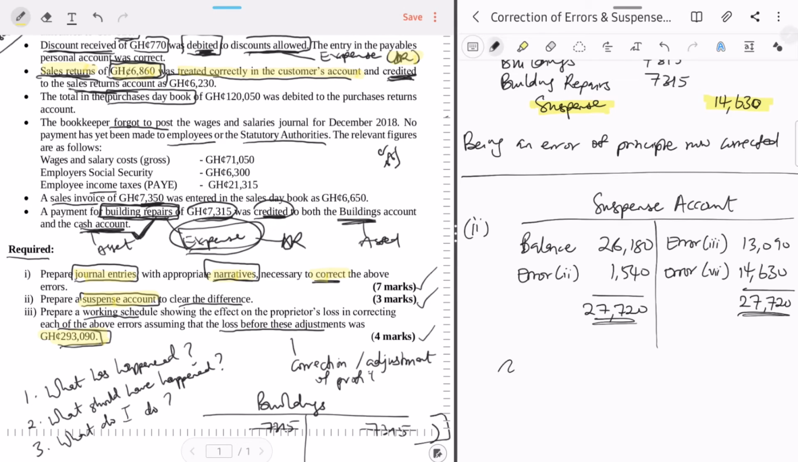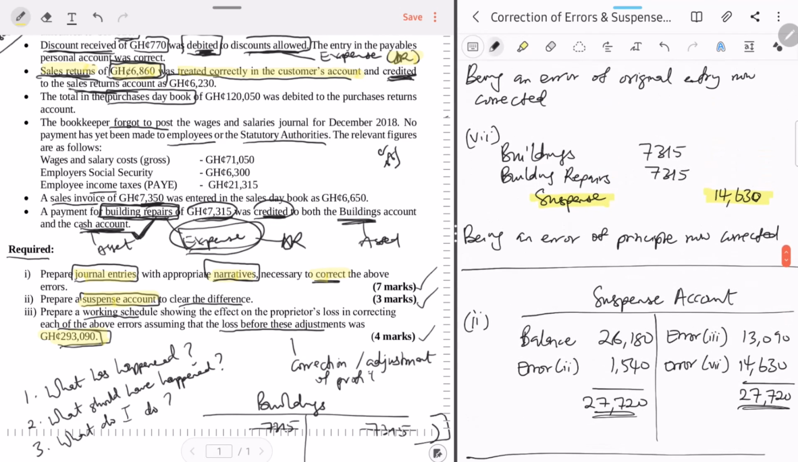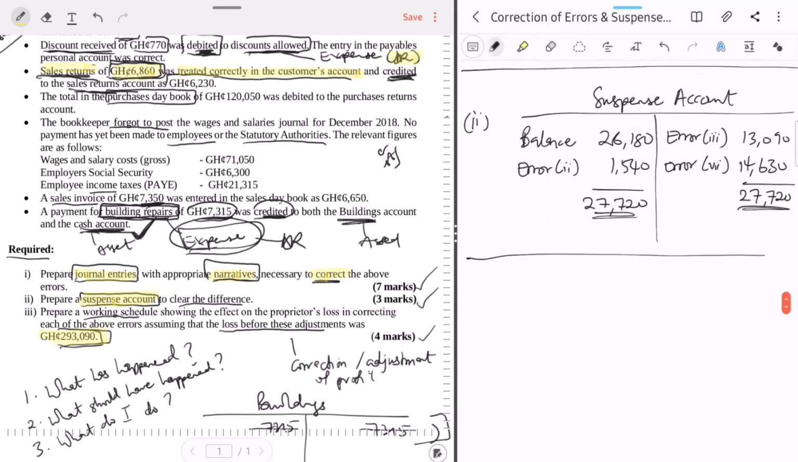What this means is that what we've been doing so far, they have made some errors. Obviously, because of these errors, the profit or loss figure they have in their income statement or in their profit or loss account will be wrong, right? So the income statement loss figure in this case is wrong because of some errors. We need to correct that